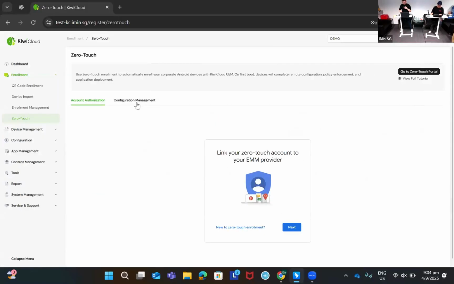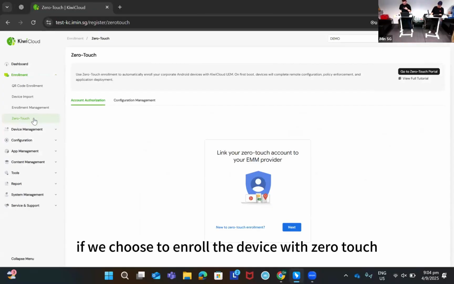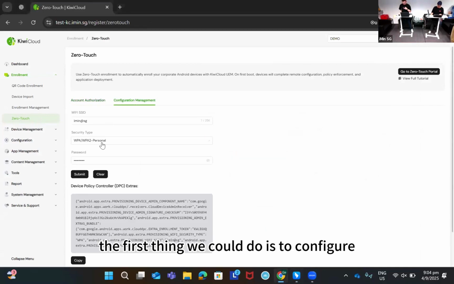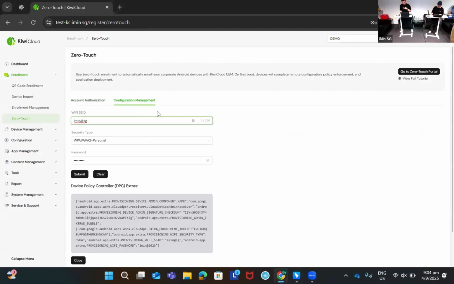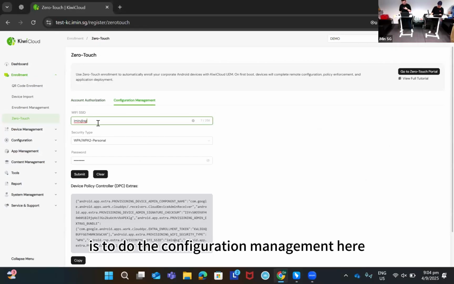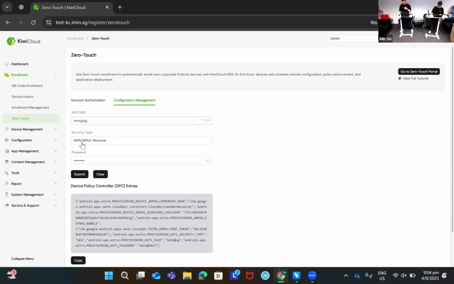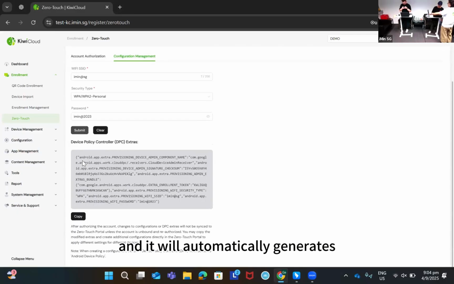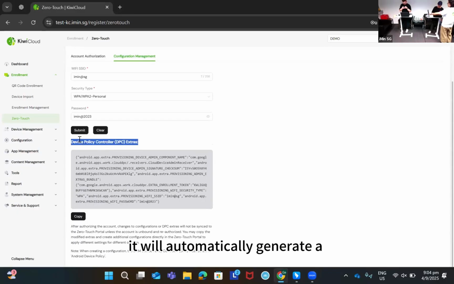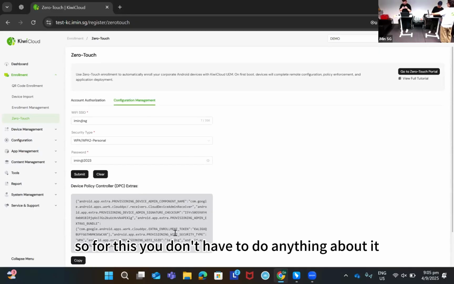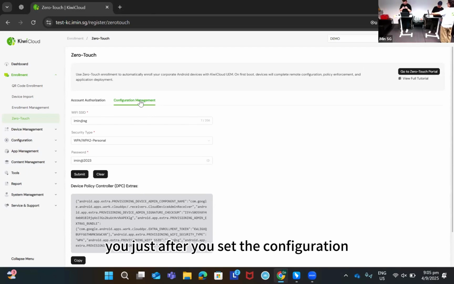Okay, as you can see here, if we choose to enroll the device with zero-touch, the first thing we could do is the configuration management. Here, we configure the Wi-Fi, and we submit these configuration details, and it will automatically generate a device policy controller extras. So you don't have to do anything about it. After you set the configuration, you move to the account